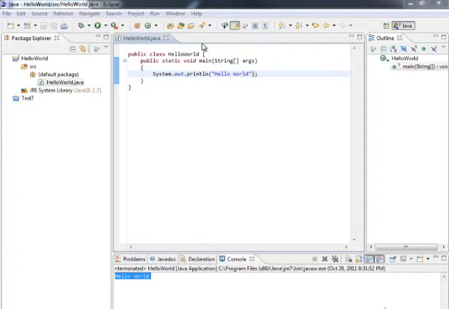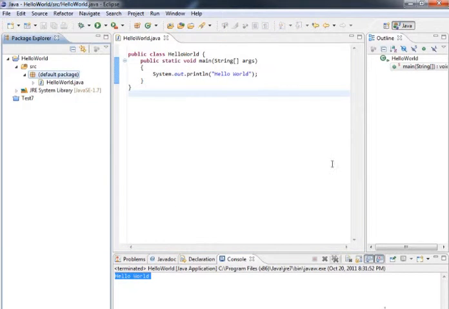So let's talk about packages in Java. I think this is a very important concept that I wanted to show you first because it's going to influence a lot of how we develop our application and just the way that things are going to work inside of Java. So if you look here, you can see back in Eclipse that